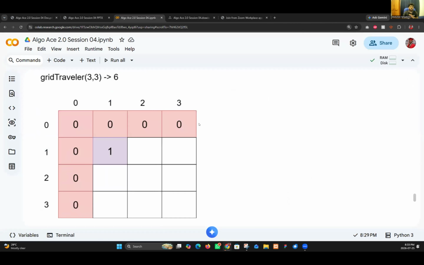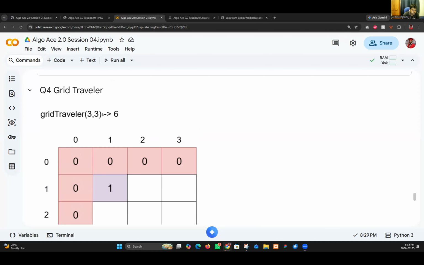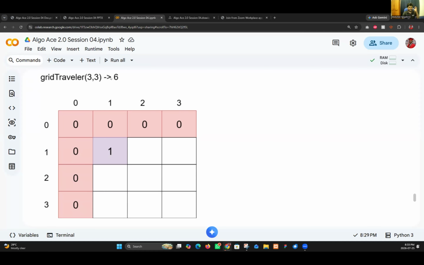So now what I'm going to do, for the third question, I was using a 1D array, a one-dimensional array. Now I'm going to use a 2D array. Again, I'm going to use the same thing. It means we have a 3 by 3 grid in here. With experience, for the 3 by 3 grid, definitely it has 6 ways to travel.